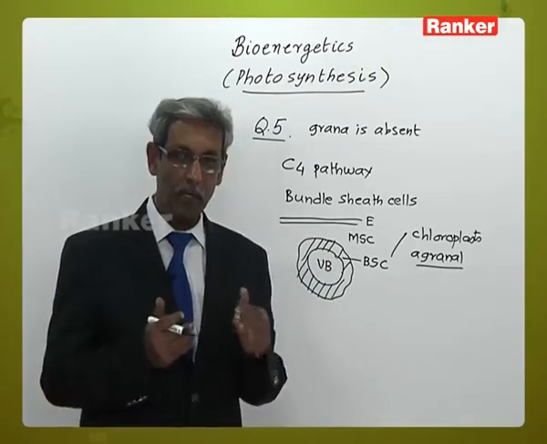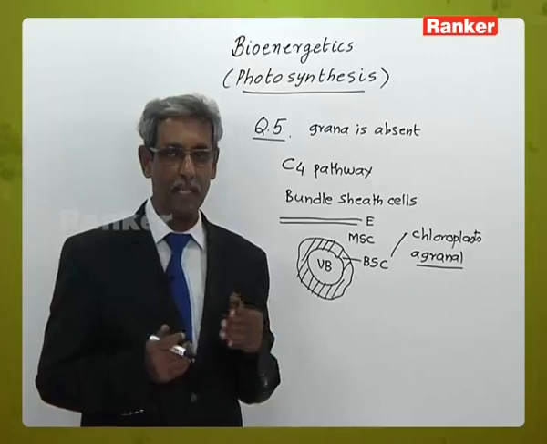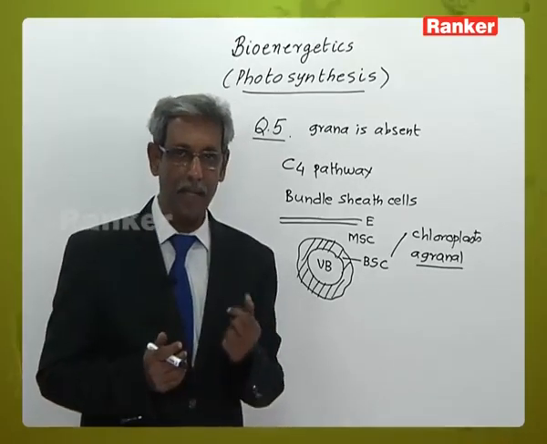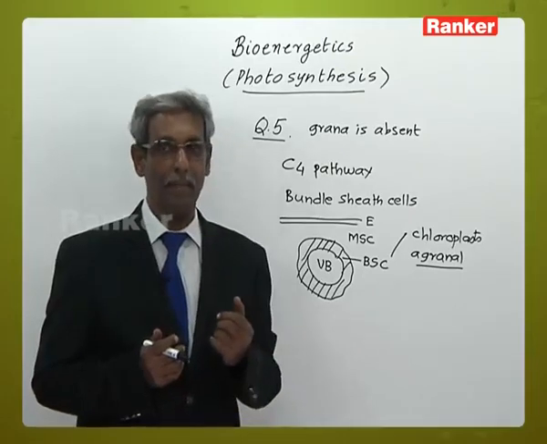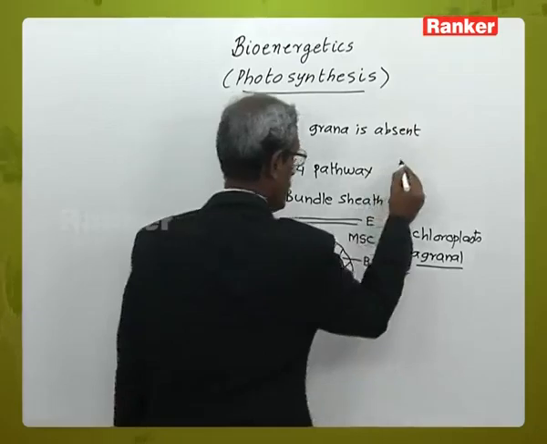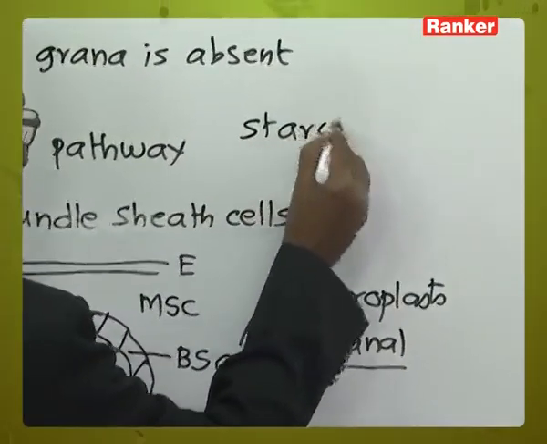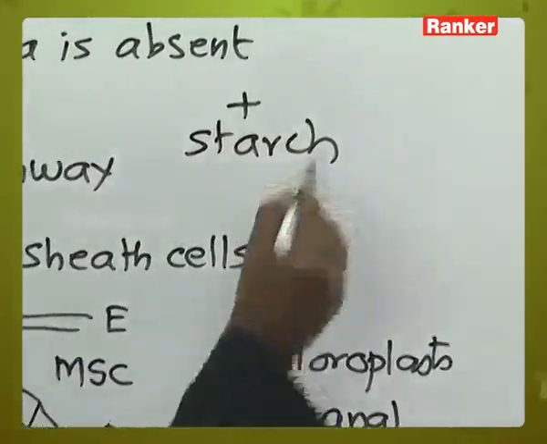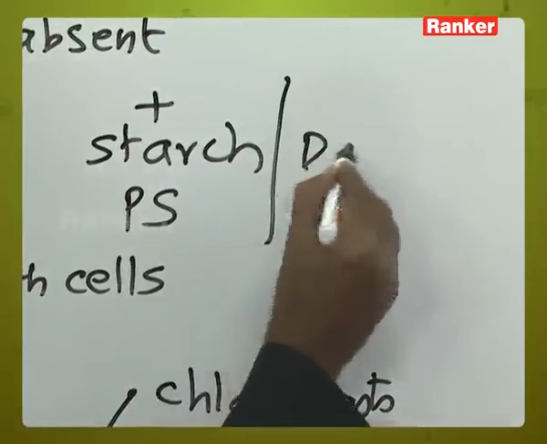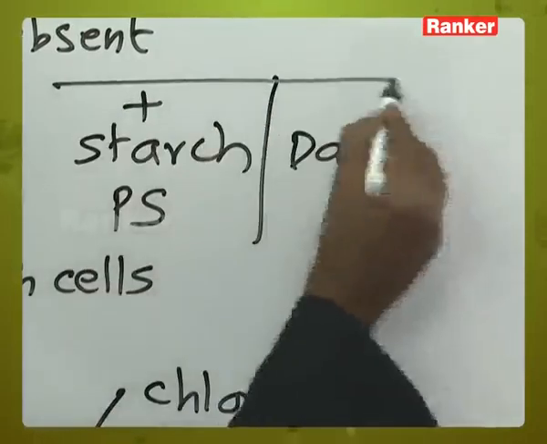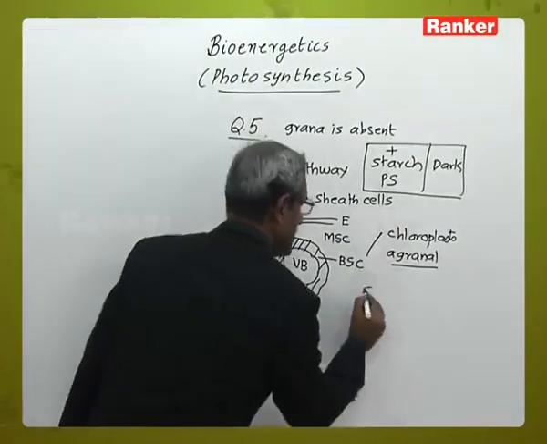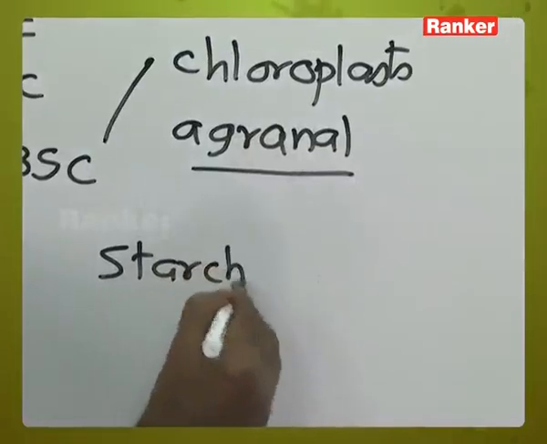So, instead of going through the entire process of the light reactions, dark reactions quickly get in, and once the dark reactions come in, we have the generation of more ATP. So, once there is more ATP, there is more formation of starch. So, high starch content, more photosynthesis, and more dark reactions. And thereby, if you take the bundle sheath cells, in the bundle sheath cells, we have the presence of starch grains,